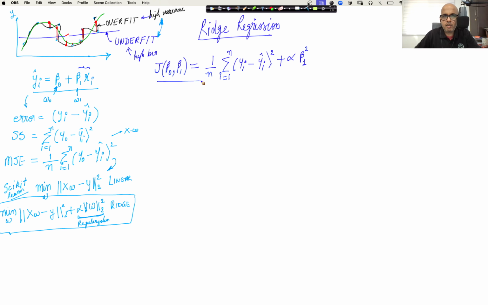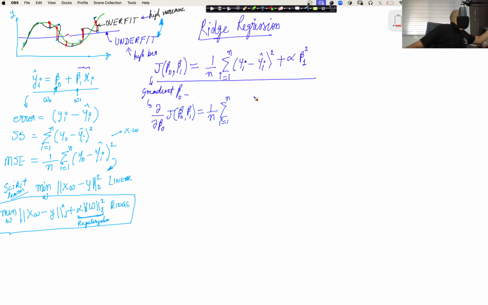So this is our cost function or equation that we are now going to differentiate to calculate the gradients. And so now if we try and find the gradients with respect to beta 0, here is what we would have. We would have partial with respect to beta 0 of J, which is a function of beta 0 and beta 1, equal to 1 divided by n, and we have the summation sign, i is equal to 1 to n, and inside of this we have